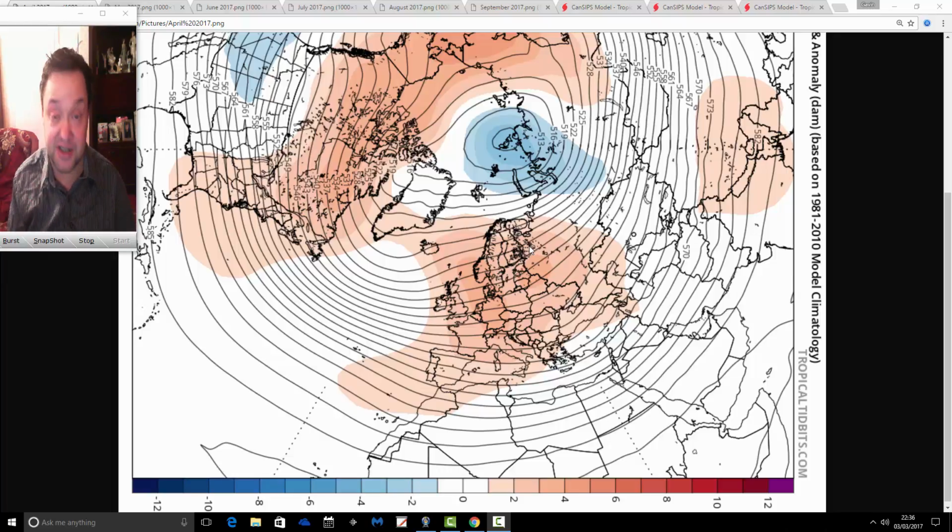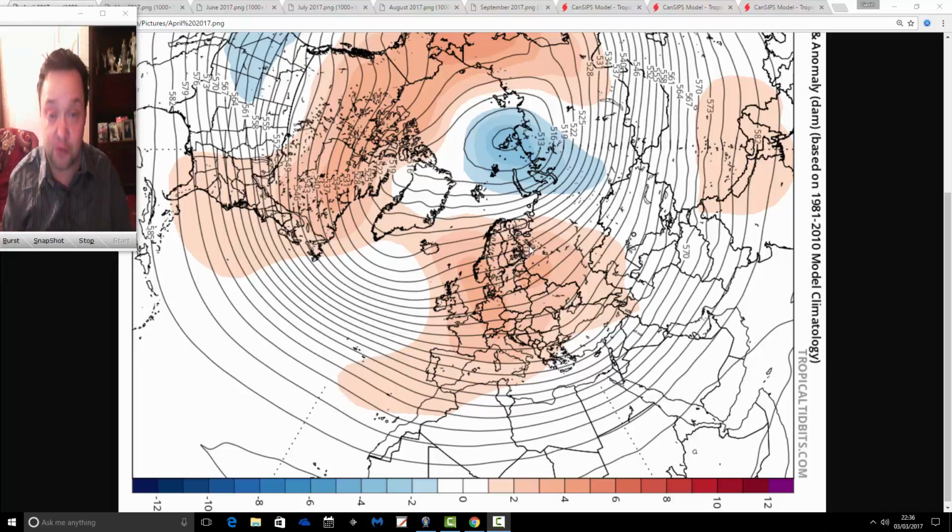It's going to be quite an interesting week's weather, and I'll let you have a look and see what you think. This is CANSIPS Saturday. We gave it a bit of a rest last month, but it is back for March. So we're going to be going 6 months ahead with the Canadian model from the website tropicaltidbits.com. You can find the link to Tropical Tidbits on the links page. A big thank you to them for allowing us to use their information. So we're going to be starting this in April, and we're going to be extending through the summer into September.